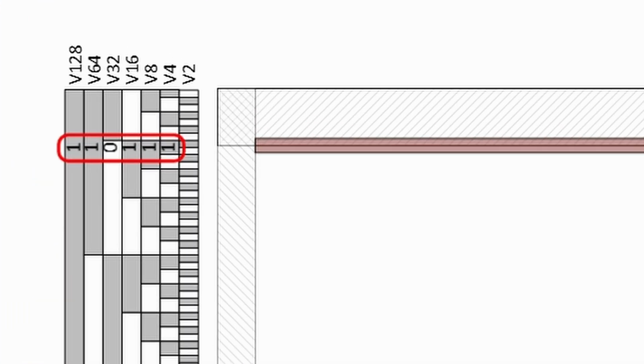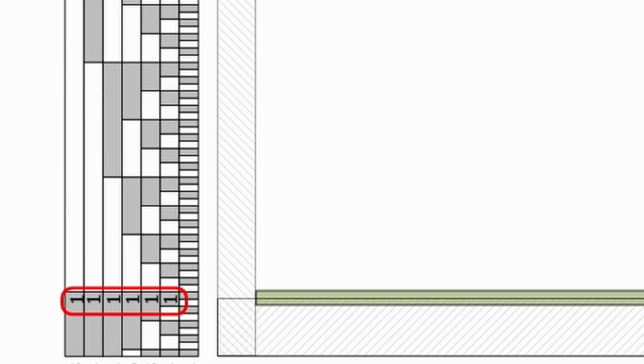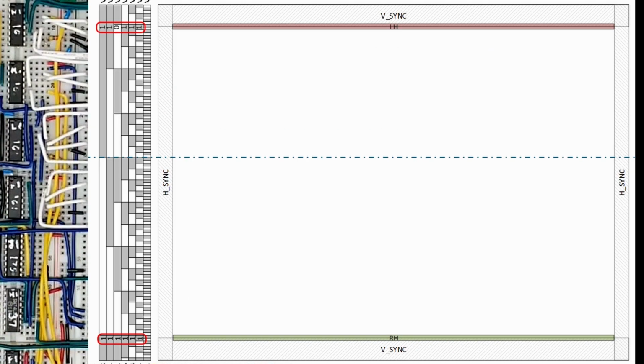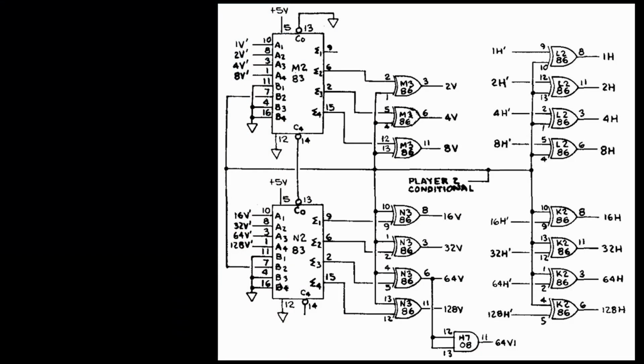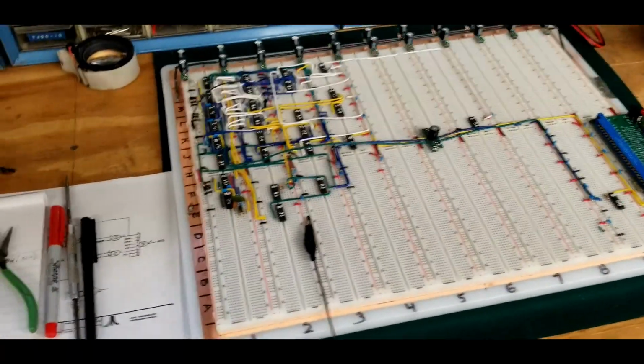If you zoom in, however, you'll see that the left and right sides are actually shifted down slightly by 2 lines, and each encroaches VSync. We should see this 2-line deviation if we toggle the flip. Speaking of that, turning flip on or off is controlled by this player 2 conditional line. It goes high when player 2 is up in a cocktail table model. We can tie this up or down for now to test.